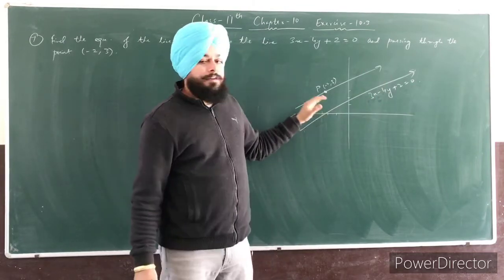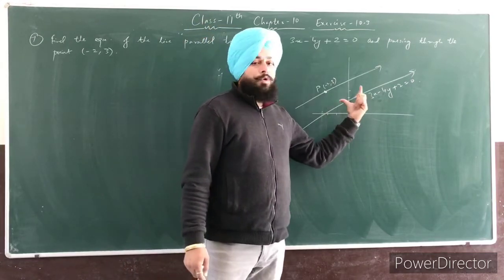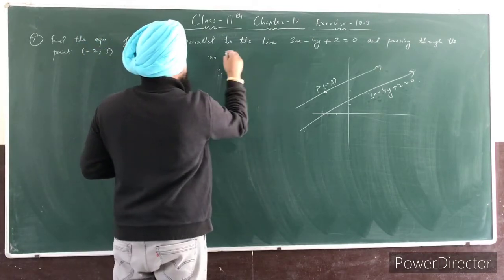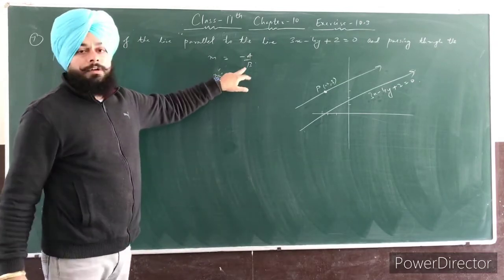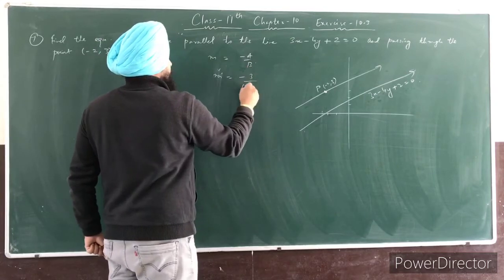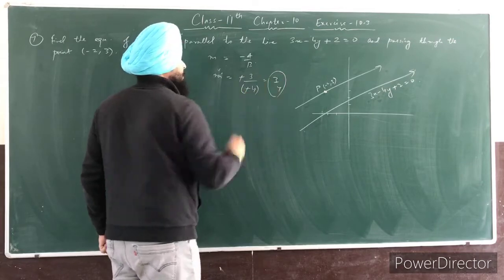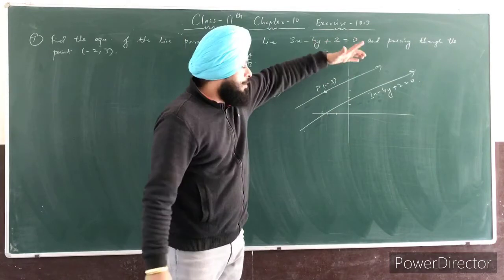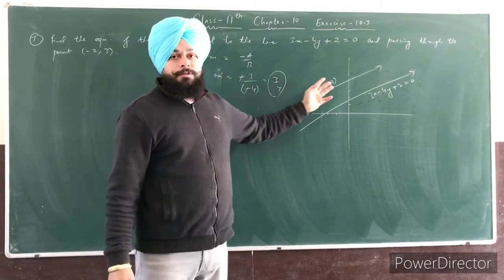So we know that both lines are parallel, means their slopes should be the same, or you can say equal. So first we will find the slope of this equation. The slope of this equation is minus a over b. This is the formula for the slope of a line. Minus a over b, the value of a is here 3 and b is minus 4. So minus minus cancel. The slope is how much? 3 over 4. It means the slope of this line is 3 over 4. It means the slope of the other line is also 3 over 4. So the slope is 3 over 4 and the point given is minus 2, 3.